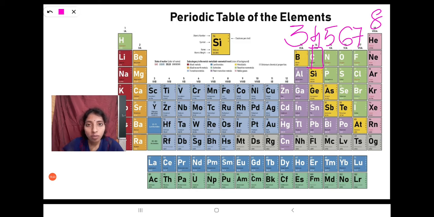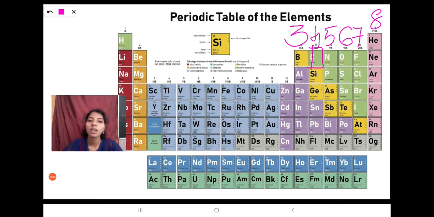Because of this stability, we call those elements the noble gas elements, or we can also say zero group elements. So 8A group elements are also called zero group elements or noble gas elements, because the electrons present in the valency shell are 8. Because of that, there is no need of gaining, sharing or losing of electrons. They will not take part in the chemical reaction.